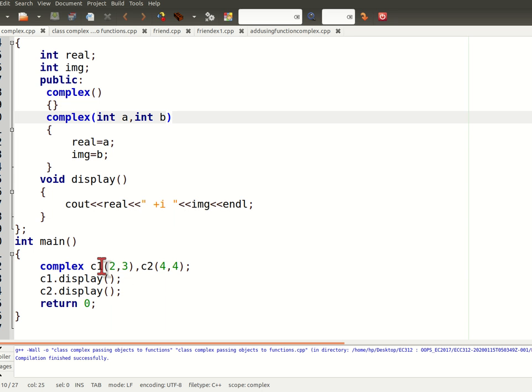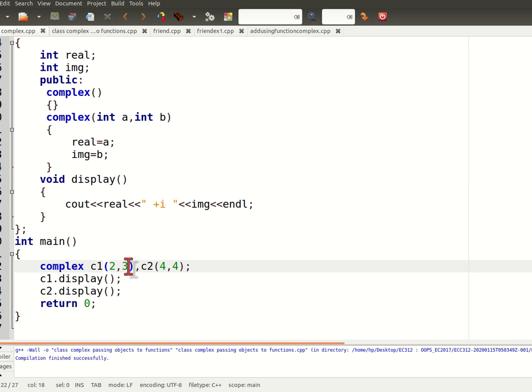And here if I am calling this constructor, complex int a comma b, what will happen? a will be initialized with 2, b will be initialized with 3. So the real part of c1 will be 2, and the imaginary part of c1 will be 3.